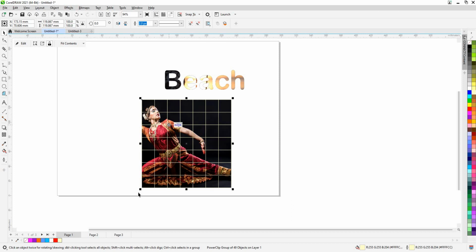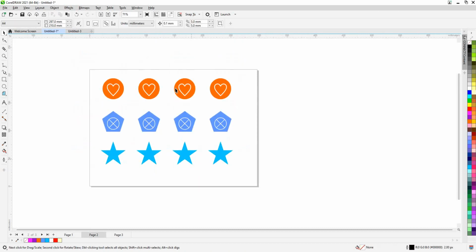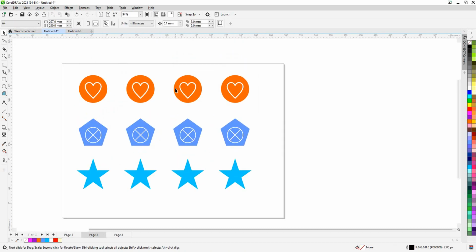Now we're going to take a look at find and replace. You may be familiar with the find and replace in your word processing application, but CorelDRAW brings us to a whole new level. The find and replace docker allows you to create queries to narrow in on various objects with specific properties. From the edit menu, I can go down to find and replace. You can use the shortcut Ctrl F,